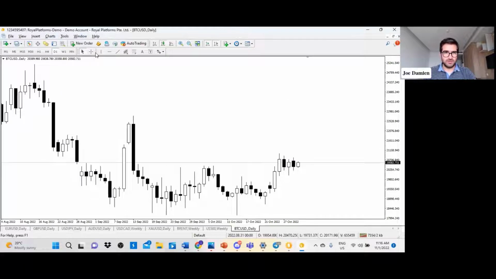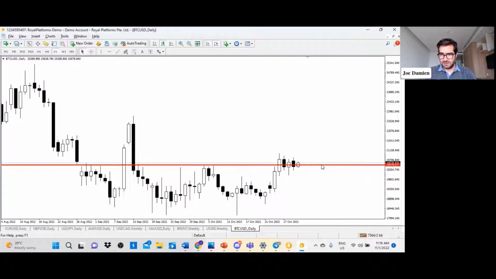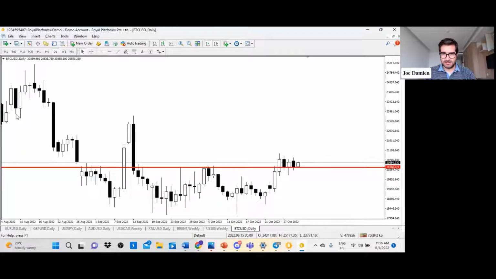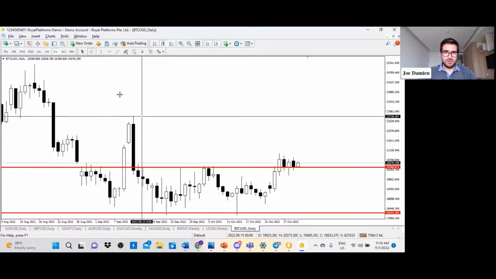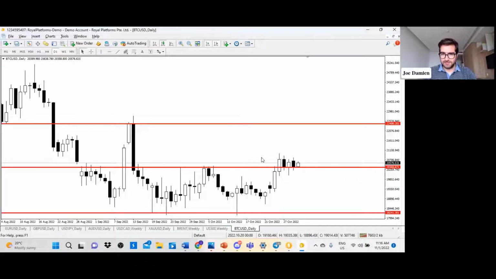let me plot those levels. We were talking about the 20K and the 18K. This is the 20K. This is the 18K. The market succeeded in breaking this 20K level, the higher end of this range. So what I expect, most probably we could see a move to the upside to this level here,